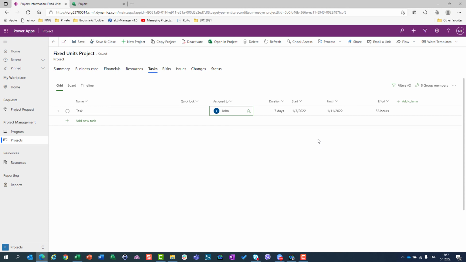So be aware, when we are talking about fixed units, that John's calendar will be respected and the effort will be calculated by duration multiplied by the days on which John is going to work: 7 days multiplied by 8 hours. Once again,